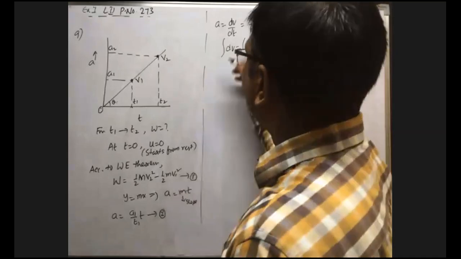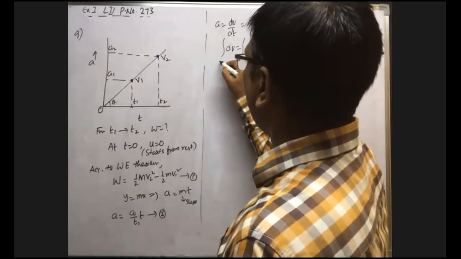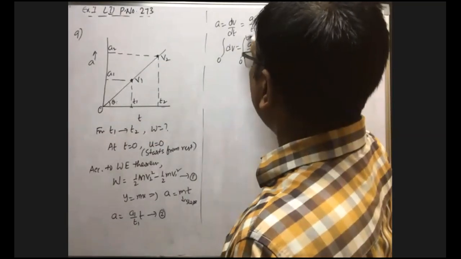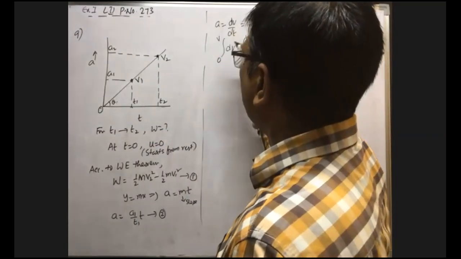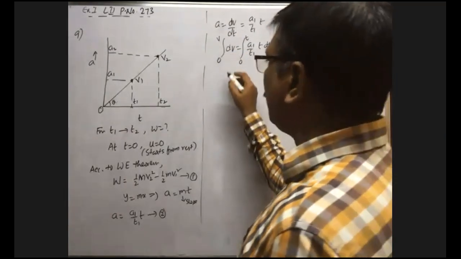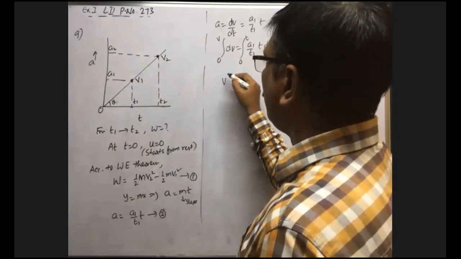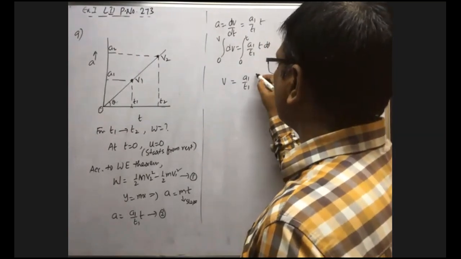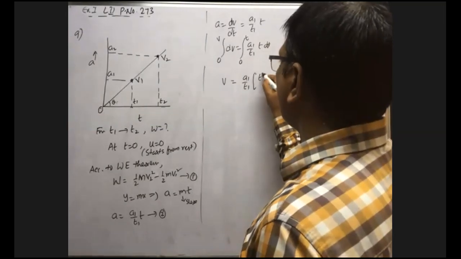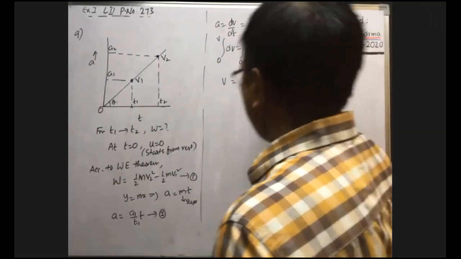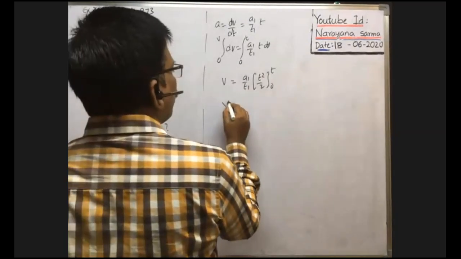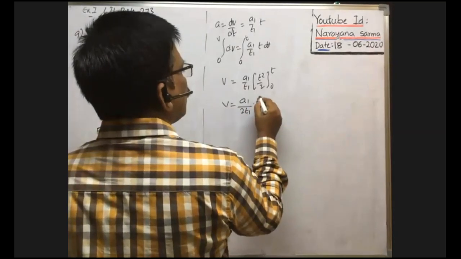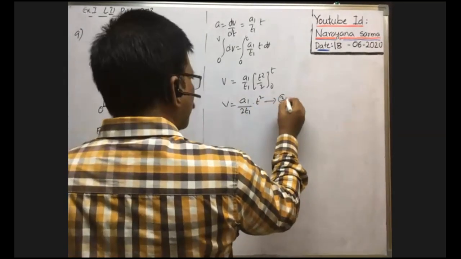Now you see at time t is equal to 0, velocity is 0, because at t is equal to 0, u is 0. After time t, velocity of the body is say v. Now you do the integration. Integral dv means v. When you substitute the limits, 0 to v, you will get v, is equal to a1 by t1, which is constant, you write outside. Integral t dt means t square by 2. Even if you substitute the limits, you will get this only. Therefore velocity at any time is equal to a1 by 2t1 into t square. This is equation 3.